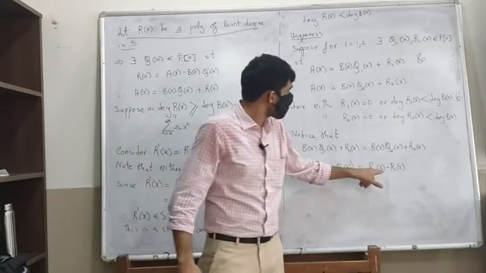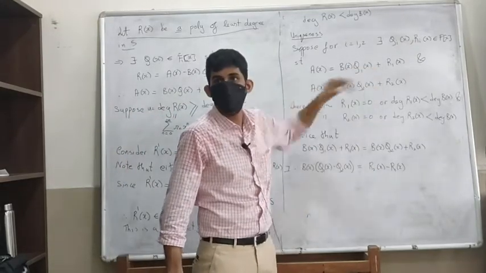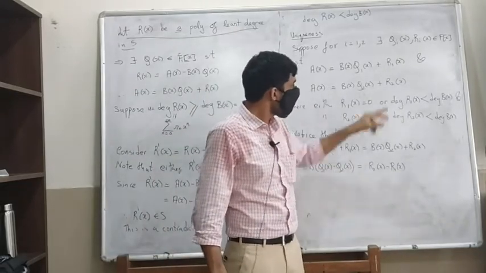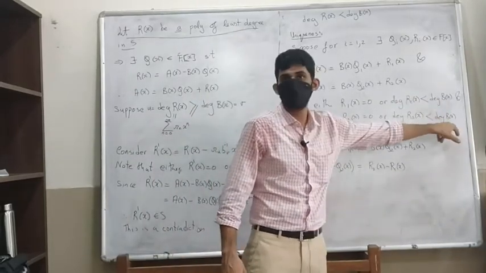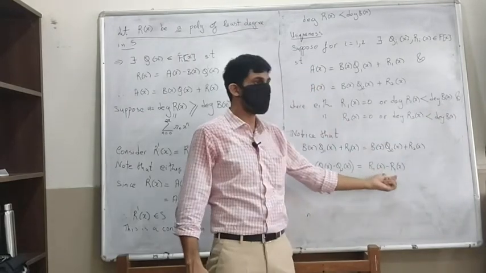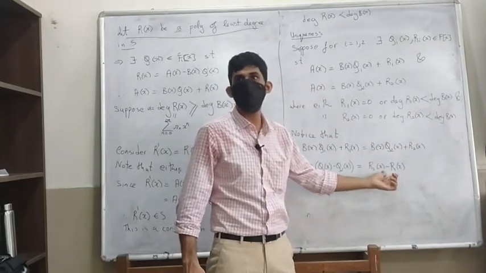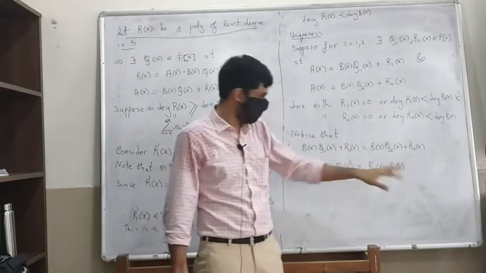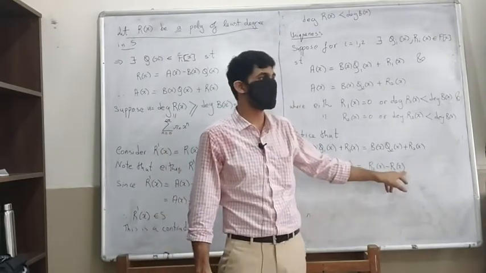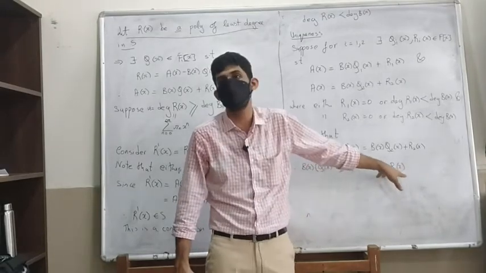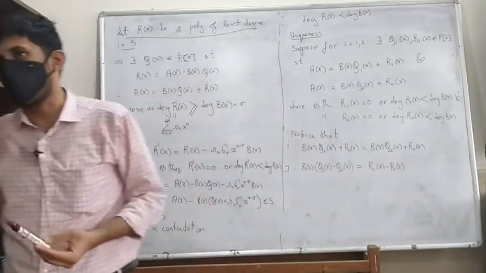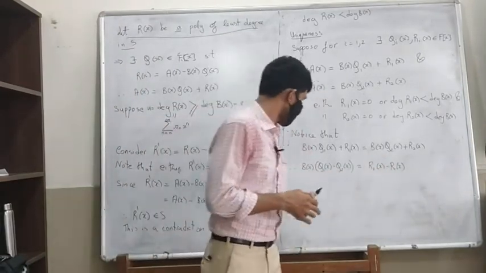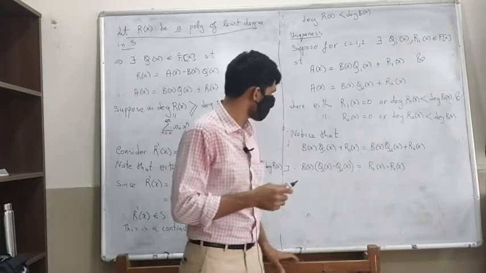But if they are non-zero, both their degrees are anyway less than B of x. So the degree on the right hand side will be less than B of x. Is that clear? The degree of this is less than B of x, the degree of this is less than B of x, hence the degree of this minus this will be less than this, or it is 0. If this is 0 also, you can make your argument quite easily.